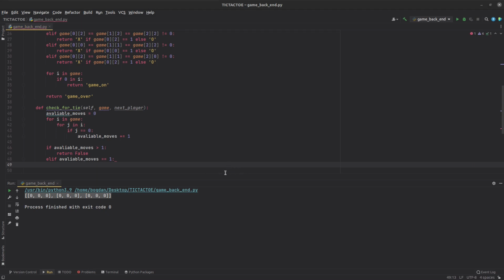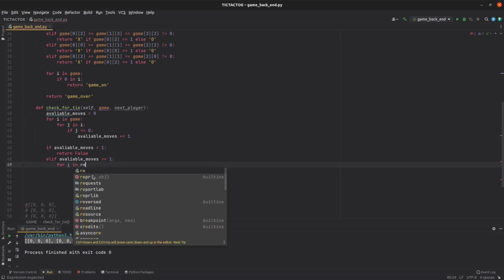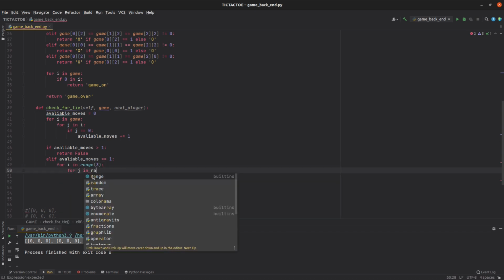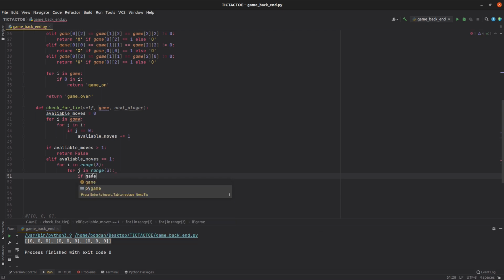So if it's equal to 1, we need to know exactly which of those numbers is 0, so we can go further with our intent here. So we have to loop again. So for i, j in range 3, so now we are just looking for the one entry with 0. So if game position i j is equal to 0,